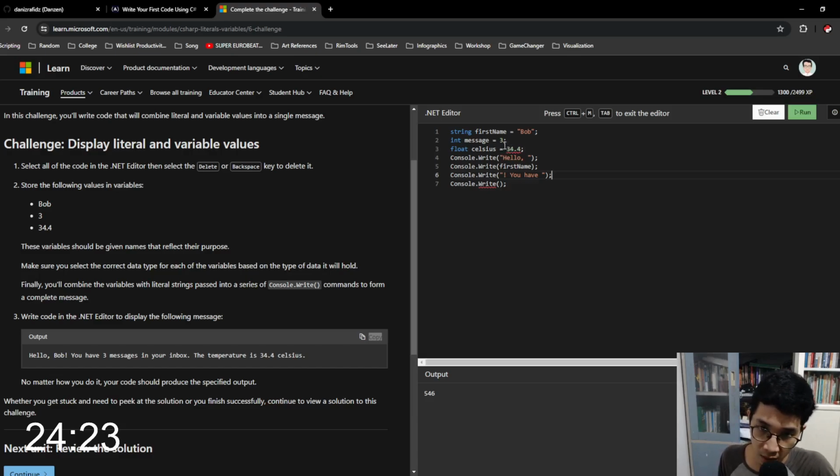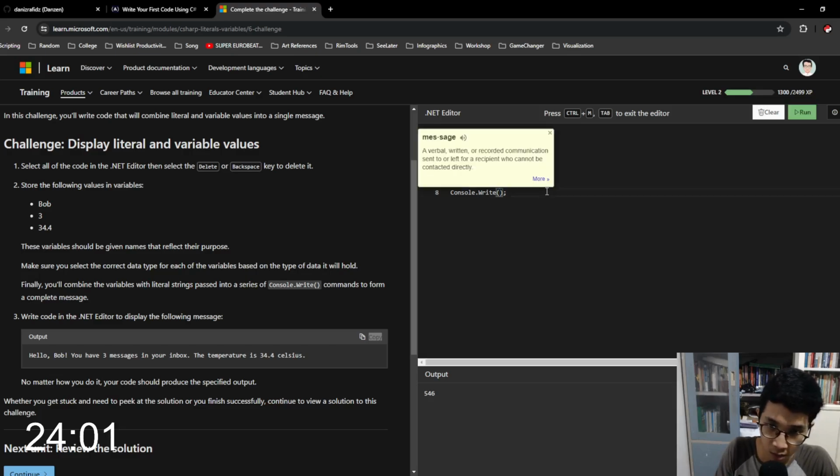We already set 3 to the message value, so we can just put message as an input integer. After that we can continue after the message. Don't forget space. Oh, not capital. Okay. In your inbox, the temperature is